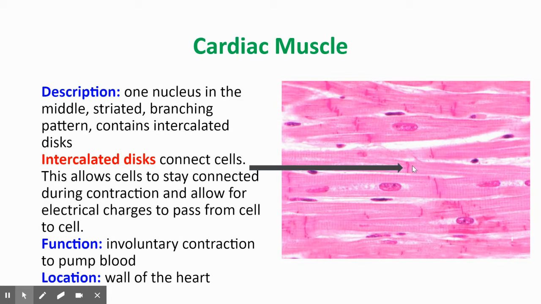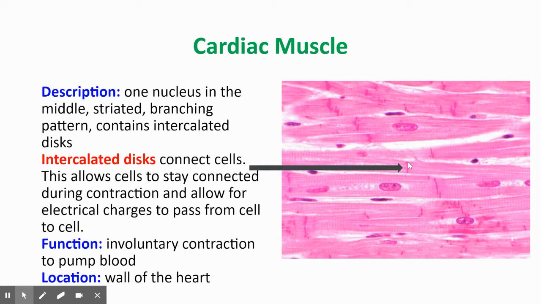So inter means between. What these discs do is they allow the muscle cells to stay connected during contraction. You know the heart is constantly pumping and contracting, and so these discs basically keep the cells together and connected. And the reason why, and we'll get to this when we talk about the heart, is